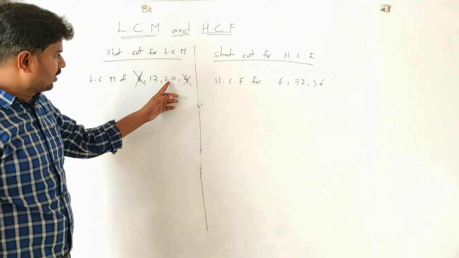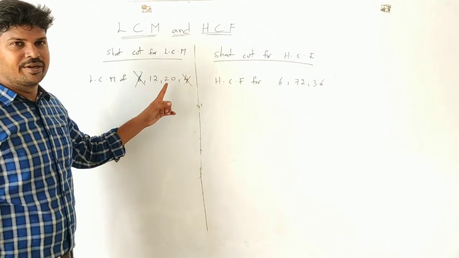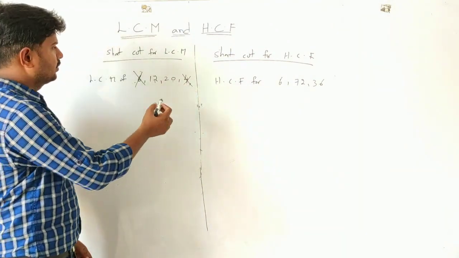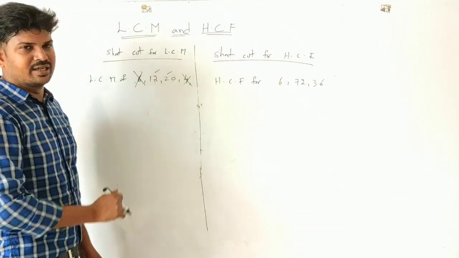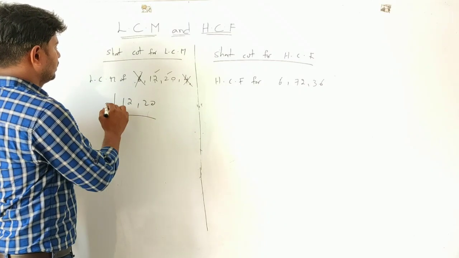Because 4 is a factor of 20, 20 is a multiple of 4. That's why we are removing 4 here. Now, instead of finding it for these 4 numbers, if you find it for only these 2 numbers, that is enough. That is the LCM of 12 and 20, which is equal to,